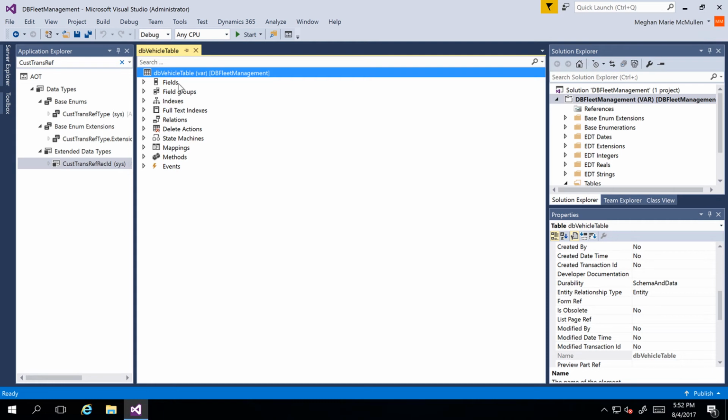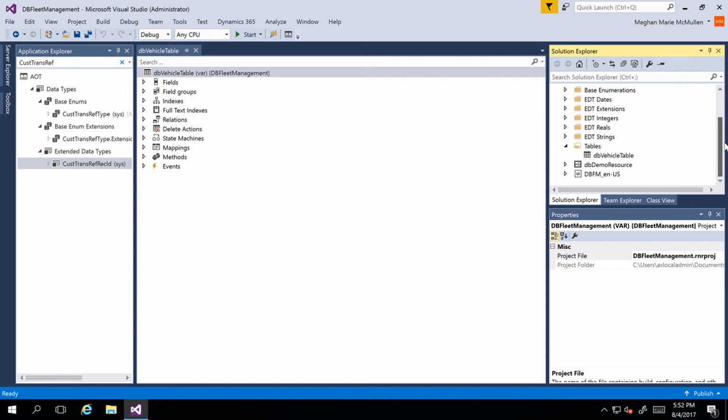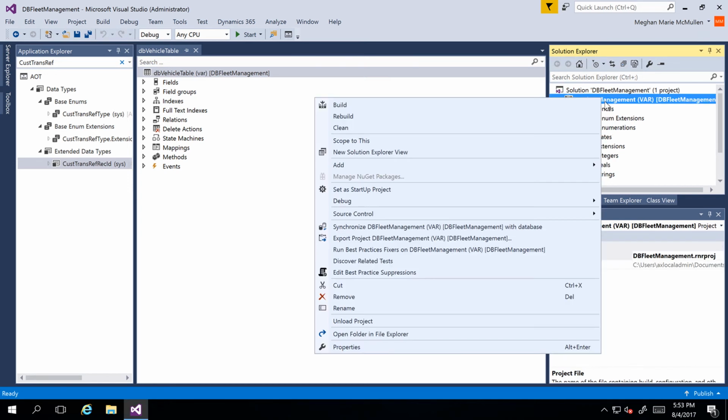Now, as you can see, the designer will open and display our new table, and our table has now been added in a table folder in our project. Now I'm going to make one more table for DB vehicle maintenance. So I'm going to go ahead and right click on my project again. We'll go to add new item,